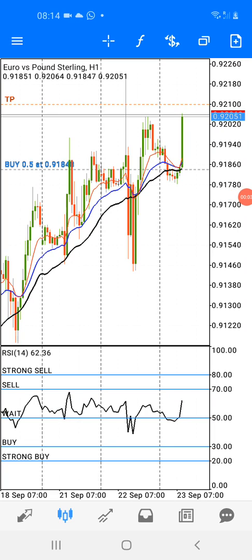Guys, I told you that this strategy works. It works. When you apply it exactly the way I told you, trust me, you will find every reason to enjoy your forex trading experiences and of course career. Just be patient